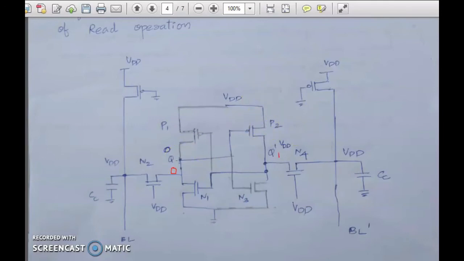So now let's see how you can read this stored value, that is 0, from this memory cell. For that, make the transistors on by giving VDD to the gate of these two access transistors. Then you will precharge BL and BL bar to VDD. So both BL and BL bar are at 1, the logical high level. Now let's see how you can read. So here there is 1 and here also 1.